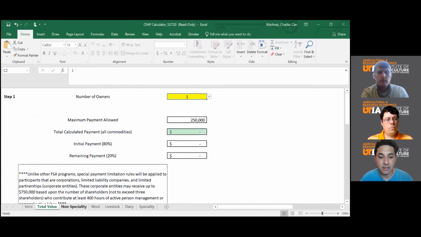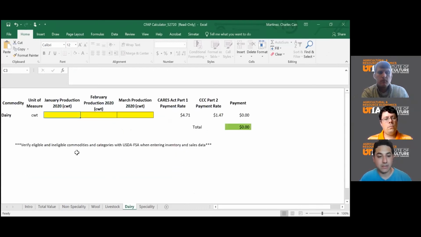Now, if you see on the bottom here, we have different tabs for non-specialty, wool, livestock, dairy, and specialty. But for this demonstration, we're going to go to the dairy side. And on the dairy, we need to have our records for how much January, February, and March production we have. Just for example, say we have 400, and then in February we had to dump some milk and decreased our production a little bit. We have this much, and then we picked back up to what January was. This is just for an example. It could be more, could be less, but you'll see here in the green is how much money the full payment would be at